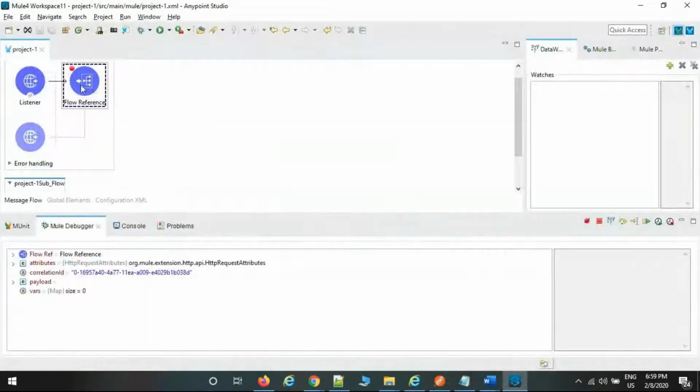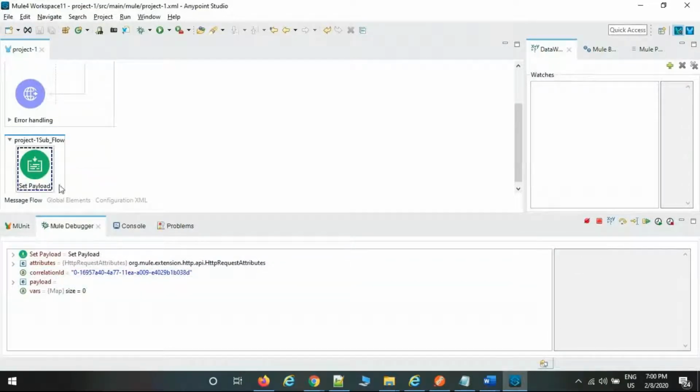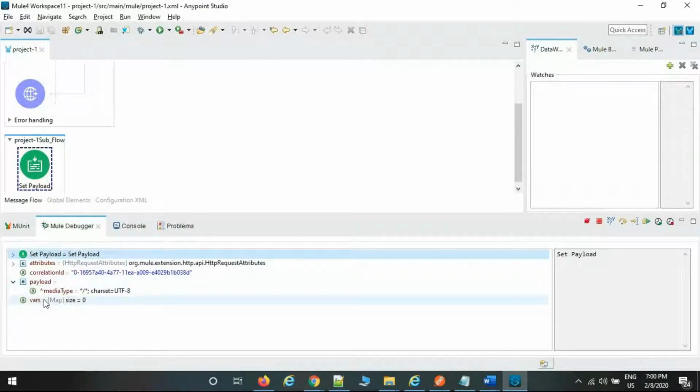Go back here. Currently the flow reference palette is showing here, and this is the one dynamic ID that is going to be generated. Click on next. You can see currently it is here. What is the payload data? Currently it is empty. Here we can see the output only. The next palette is not available, right? So that is the reason. This palette is not yet executed.